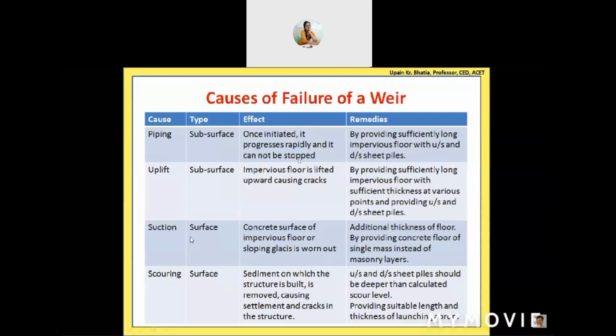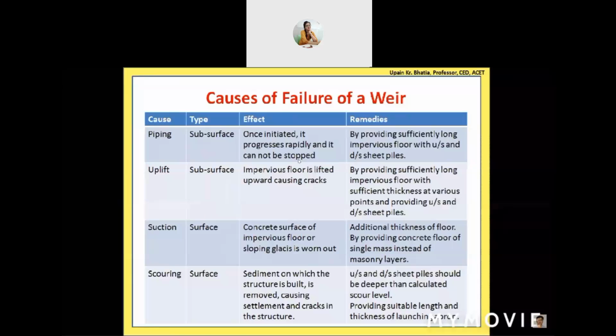In suction, what happens is, if you just imagine the water flowing from the spillway of a dam, from the top of the dam, the water is sliding. As it slides down, its velocity keeps increasing. And all of us know, the more the velocity, the lesser will be the pressure. So the pressure inside that water will keep on reducing as its velocity keeps on increasing. When the velocity increases to such an extent that the pressure is lower than the atmospheric pressure,